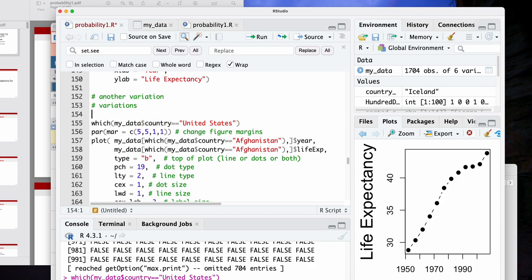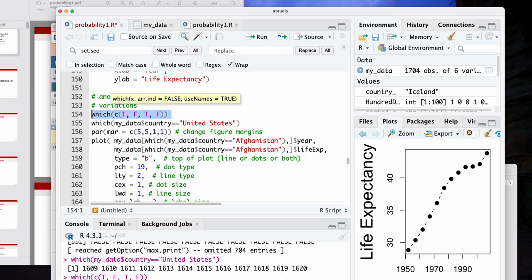So just maybe even a simpler, clearer example would be which, true, false, false. Do you want to take a crack at explaining what the output of this will be? So we have which, and then we have these trues and falses. What do you think this will return when I hit enter? Yeah, exactly. Because the first element is a true, and the third element is a true, and those are the